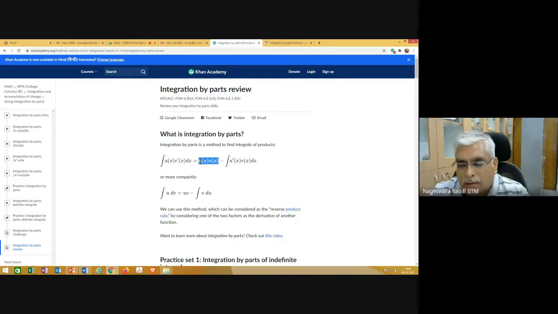It's product of u and v. And that can be written as integral. Please take a note of whatever I'm saying. Integral u times v, or integral in bracket derivative of the product u times v,